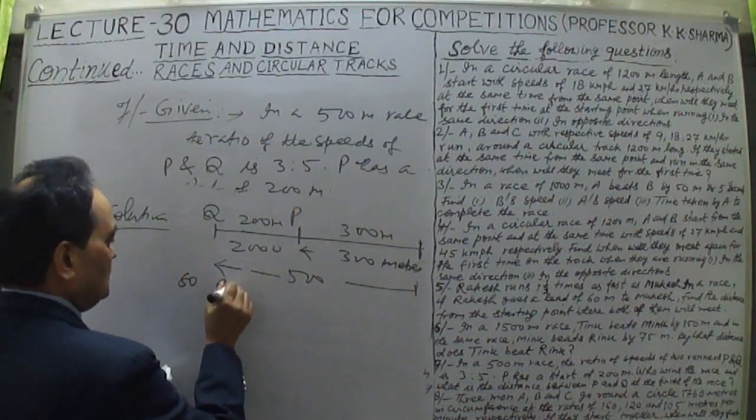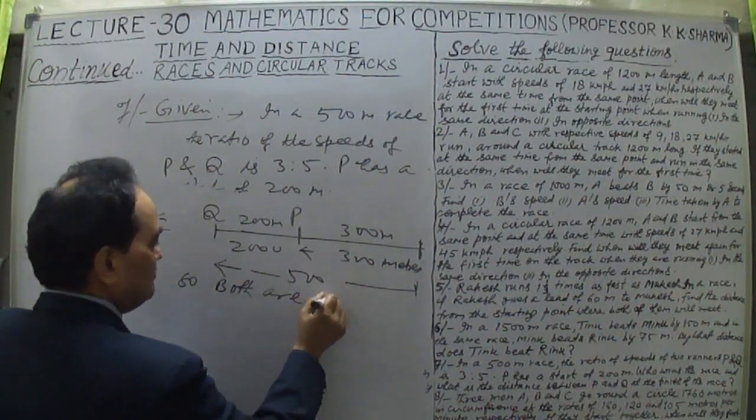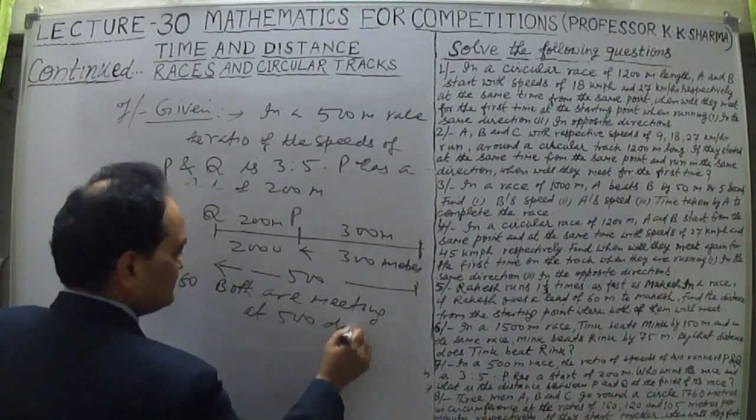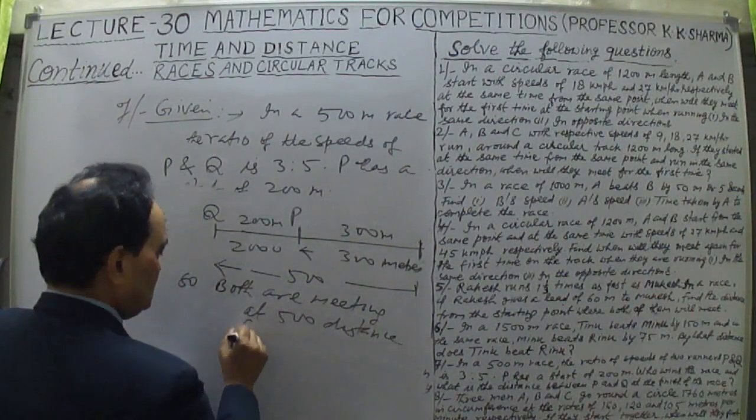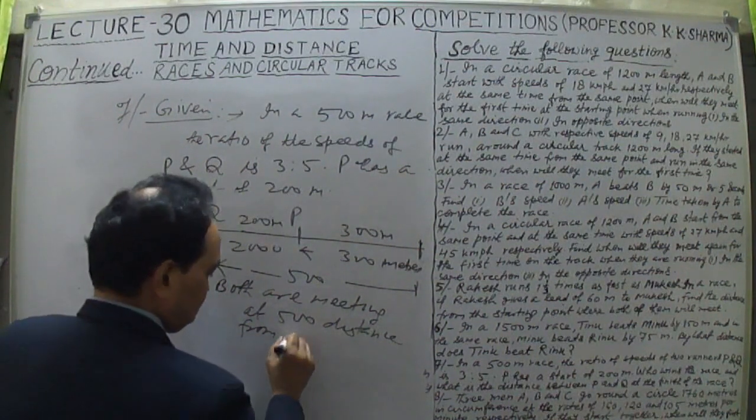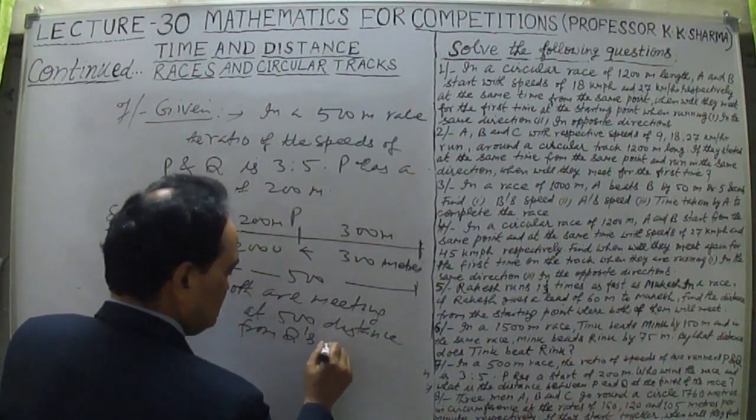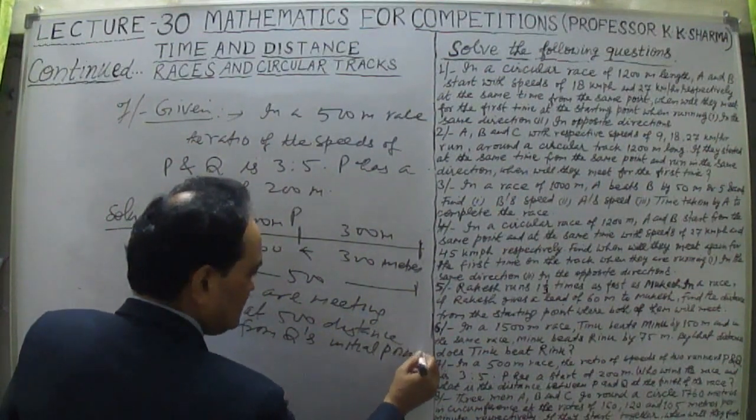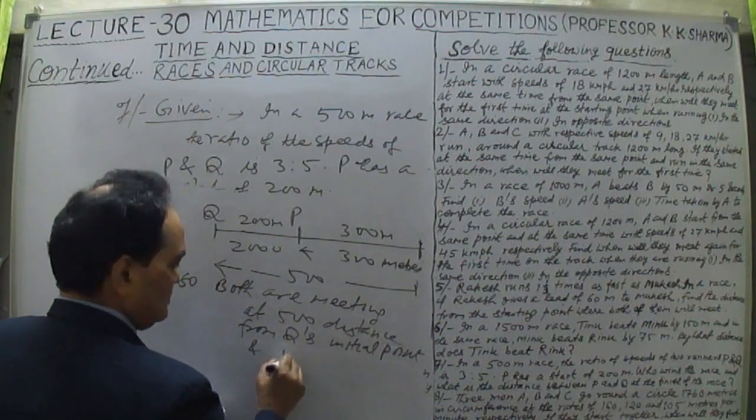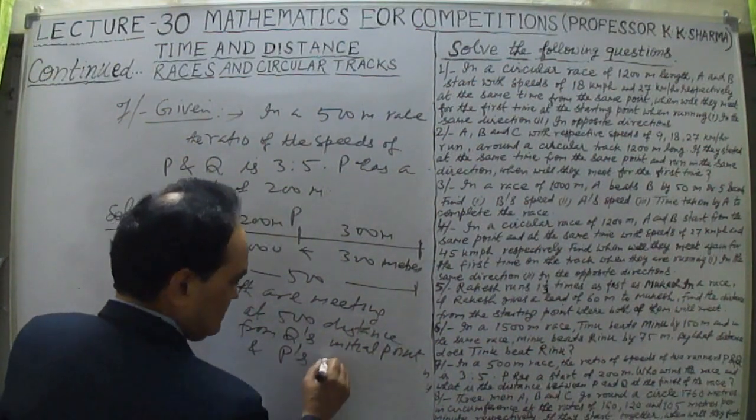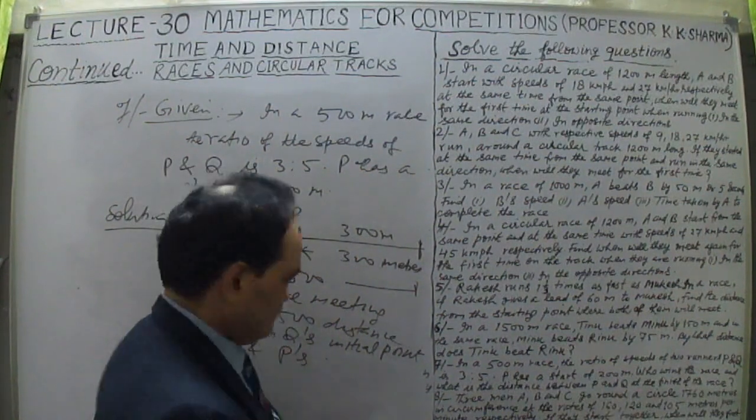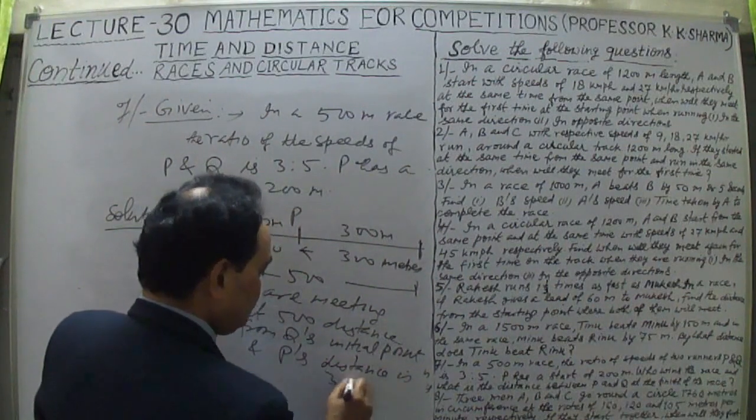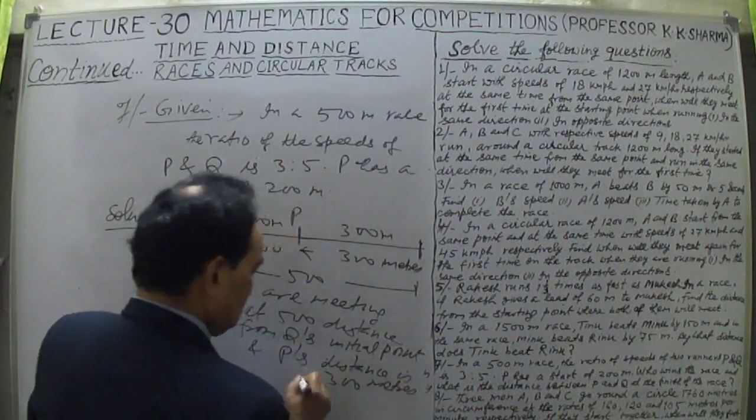So both are meeting at 500 distance from Q's initial point, and P's distance is 300 meters from his